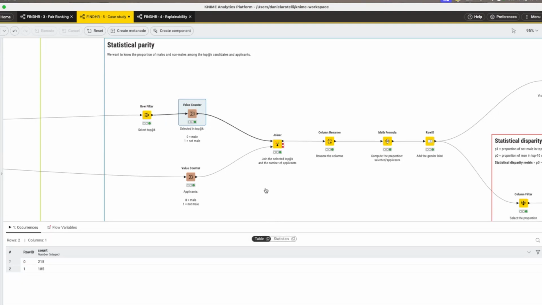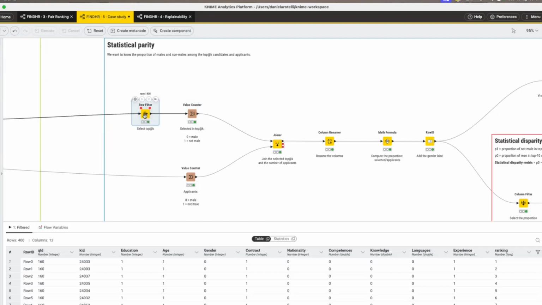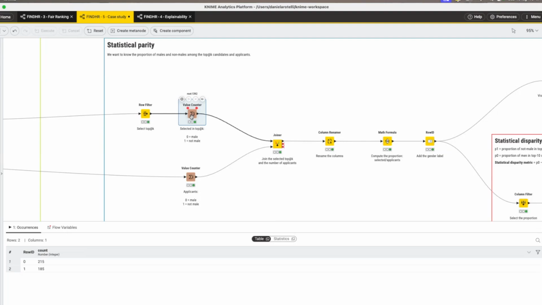So here we selected the top K applicants. Top K for us is 10. So out of all the applicants for this job offer, we want to know only the top K, up to the 10th position. And for male, we have 215 selected out of all the applicants for this job offer, and not male,